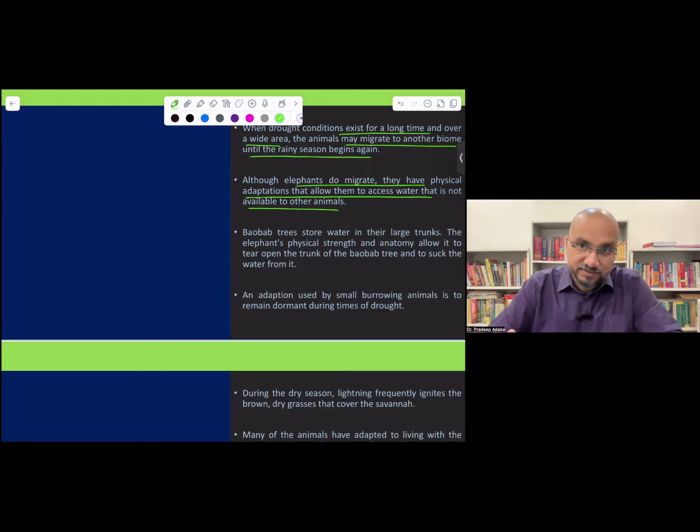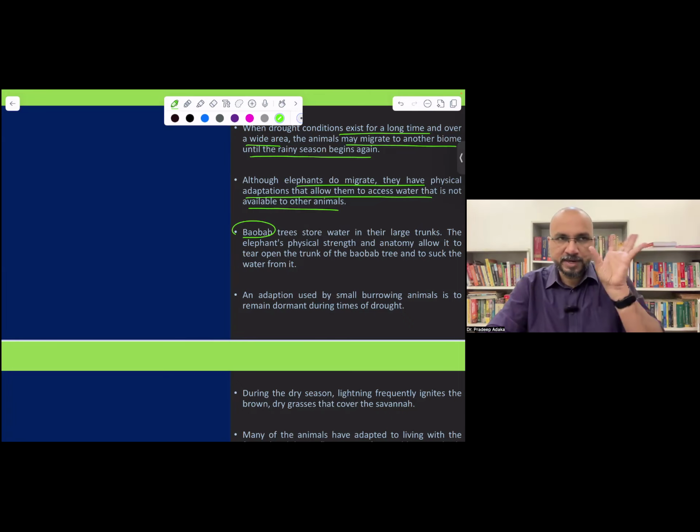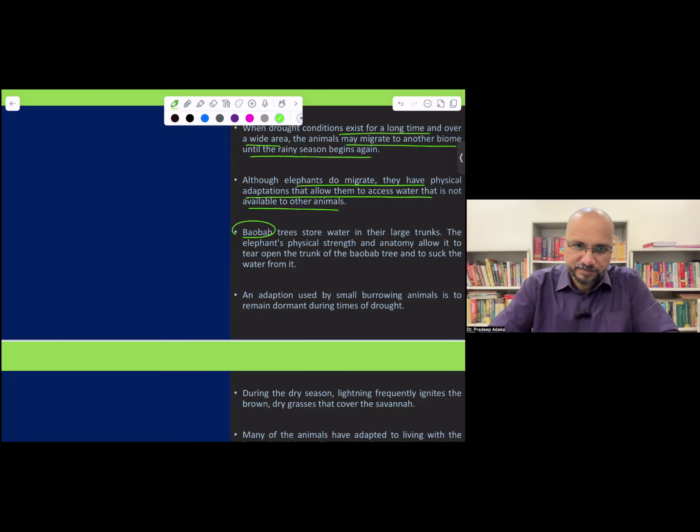Now, these elephants, with the help of their tusk, so we have seen baobab, how the baobab tree looks. It has a very large trunk and short branches at the tip. So it looks like fingers, right? It appears like the tree has been inverted. The roots are upside down.